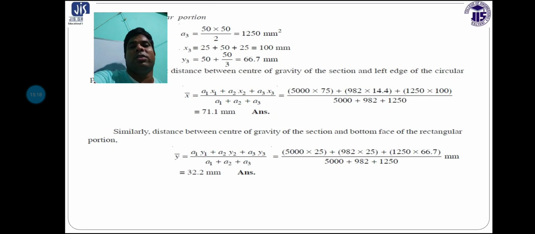That is the answer. So in today's class we have mainly discussed the different types of sectional problems, and this type of problem is very important. The problems are not only symmetrical sections; some problems are in unsymmetrical cases, and obviously with cutting portions also. So different angles, different problems can be discussed here. So in the next class we will discuss a new topic and new lesson. Thank you.